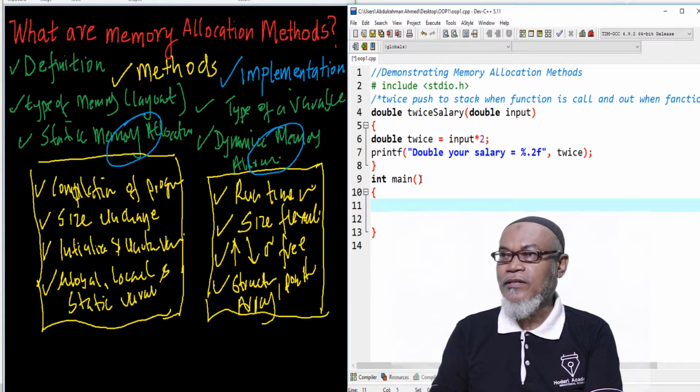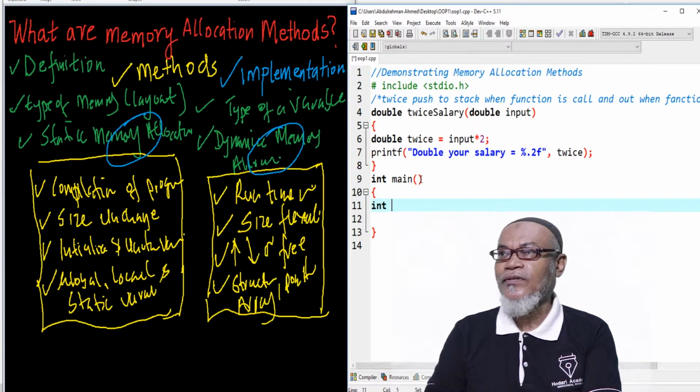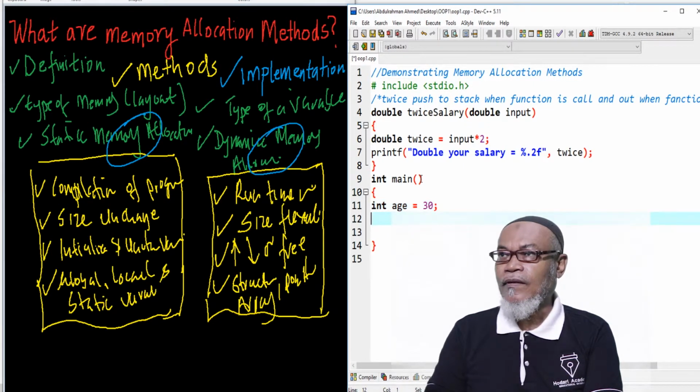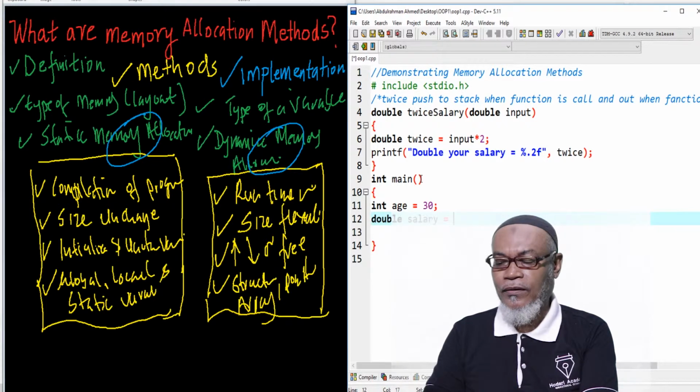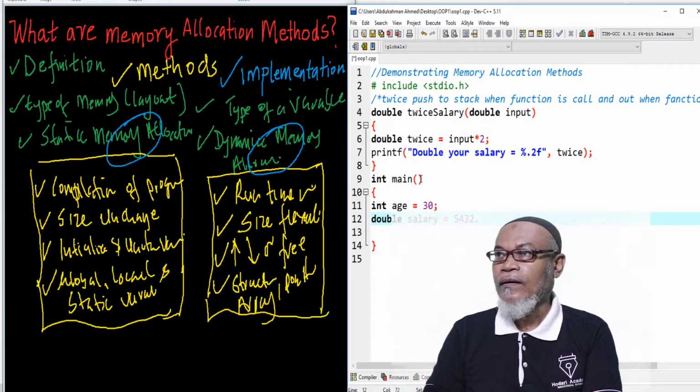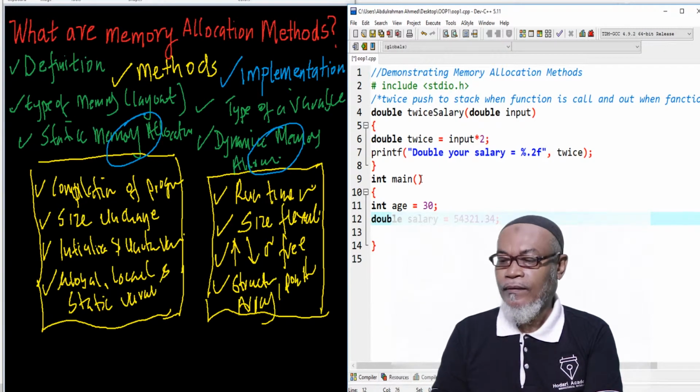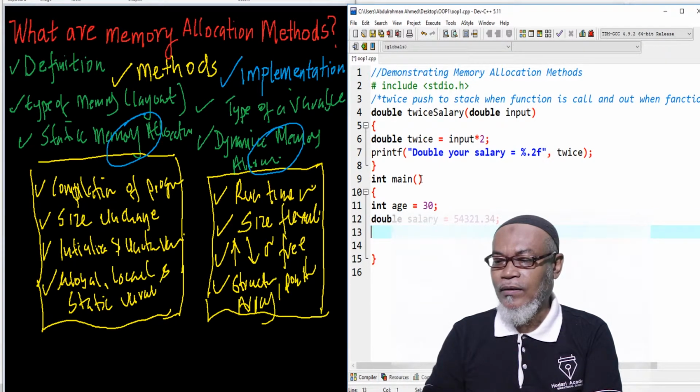So here let's declare a few variables. Let's take for example int age equals to 30, and then another one, at the same time, double salary equals to, hypothetically, 453213.34, and then maybe we have another one, double, let's say marks,